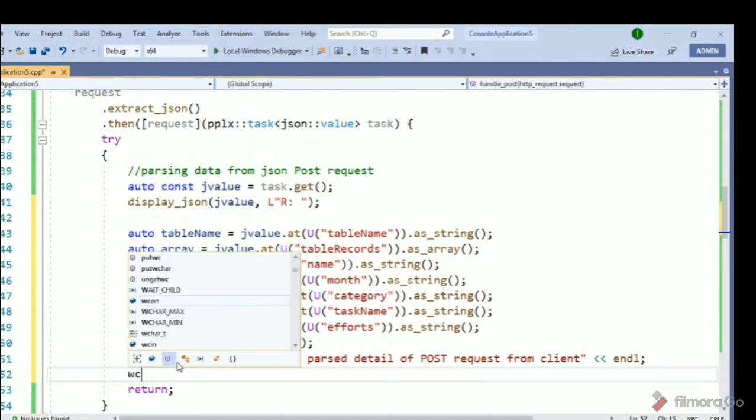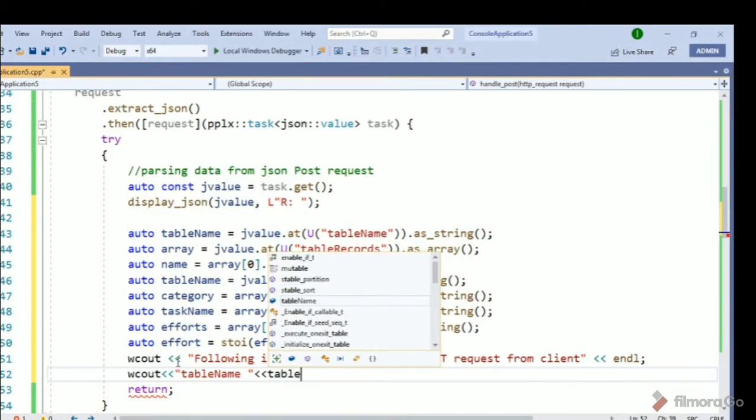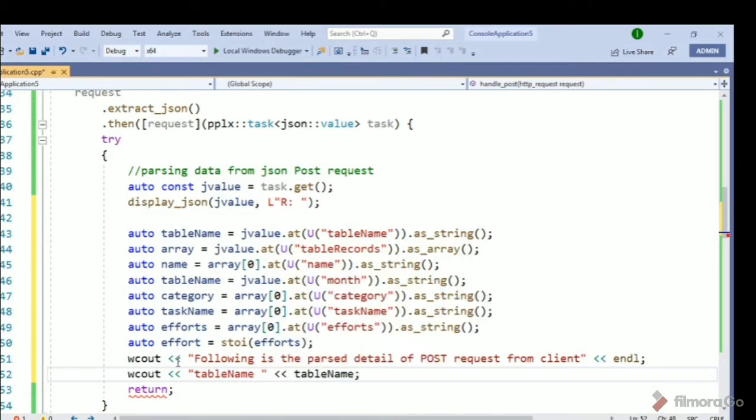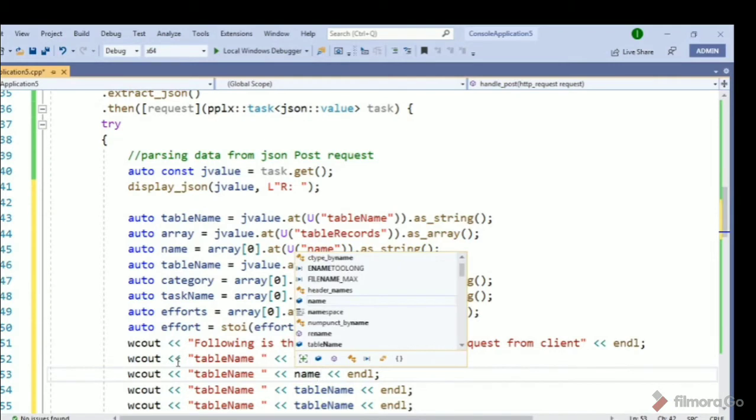Now I will start printing all those things. So you can see that we were able to parse it. So just quickly type those. It's very lengthy, so I will just copy paste it to be quick, the way we Indians used to, the shortcut of coding. So I will print name quickly, and here as name as well.